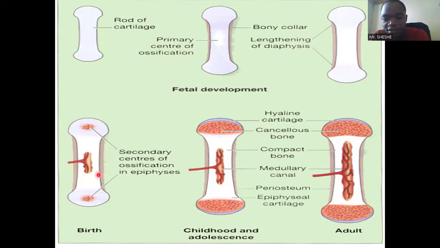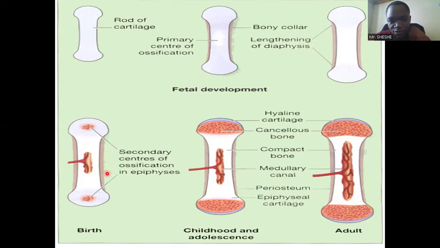This blood vessel never leaves the bone until we die, the one that comes in there. So all long bones, if you examine them, you're going to find a small perforation, a small hole. That is a blood vessel. We call that small perforation a nutrient foramen. All long bones in the human body, talk of the femur, the fibula, the humerus, the ulna, radius, all of them have what we call a nutrient foramen. Only one. And this nutrient foramen is found in the diaphysis, or the shaft of the long bone. There, it brings blood vessels together with